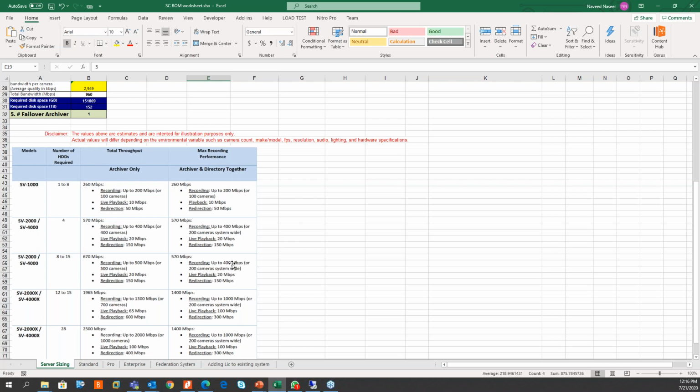So then if you're utilizing that, you obviously have 20 megabits per second for live playback and redirection, which would be 150 megabits per second. So you're basically referring to how much information or data you can push out per server to be able to do live playback. Now keep in mind, when you're doing live playback, there are many occasions